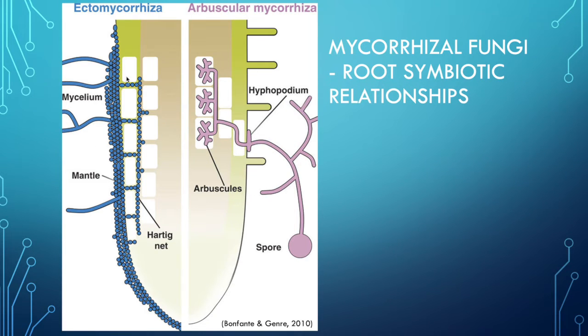But I do want to flag, and we'll talk about this in our next lesson, that there's also another relationship called the ectomycorrhiza. This is where the cells of the mycorrhizal fungi actually proliferate outside. They don't go into the cell, but are present around the root cells. They also form an extensive mycelium network and then produce mushrooms as sporocarps. They produce mushrooms to disperse these spores, and we can call the mushroom structure a sporocarp, and that's